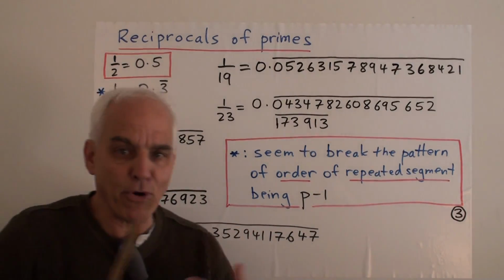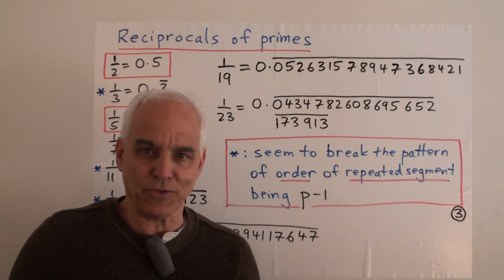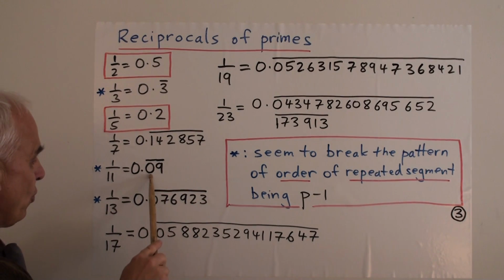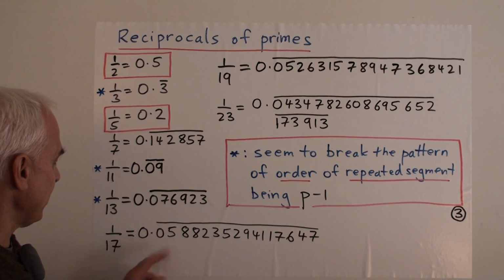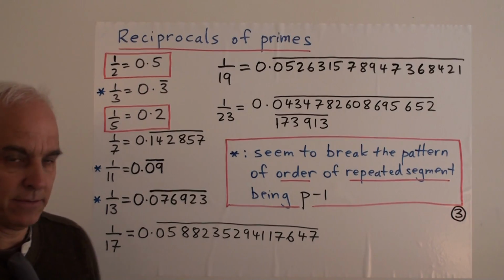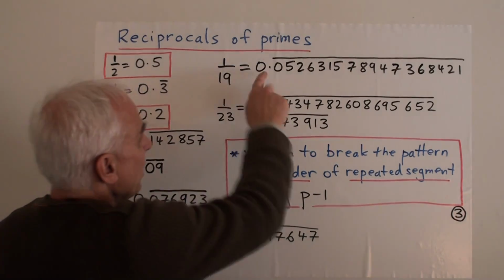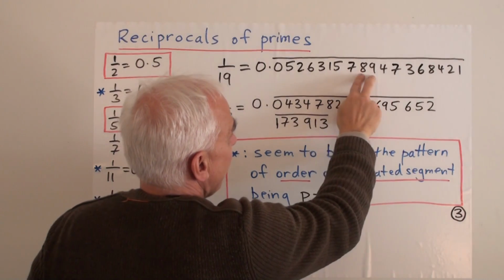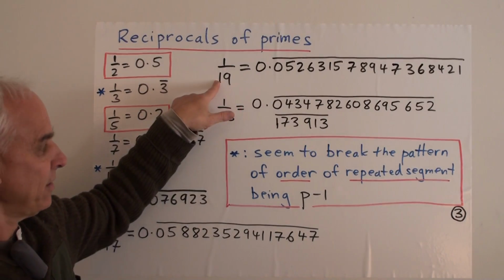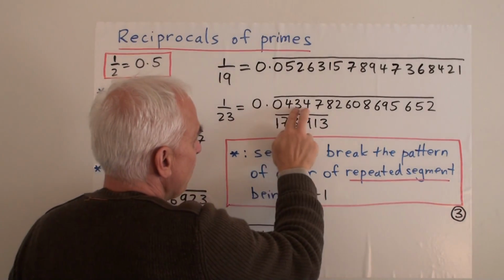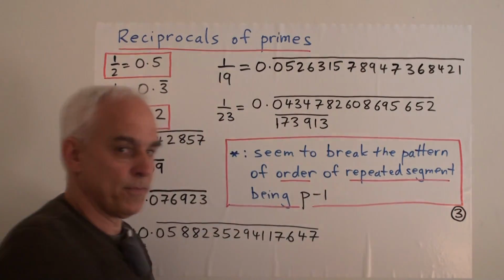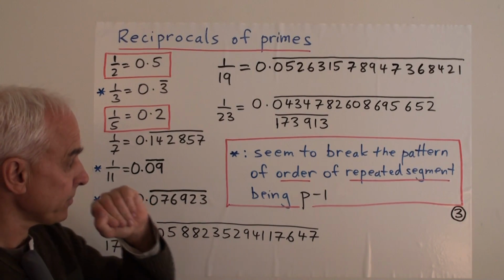Now if we count the number in these cycles, which is a very natural thing to do, well, here there's a cycle of length 6, here of length 2, here's another one of length 6. This one is 2, 4, 6, 8, 10, 12, 14, 16. Length 16. This one here is length 2, 4, 6, 8, 10, 12, 14, 16, 18. It's also one less than 19. And what about this one? The length is 2, 4, 6, 8, 10, 12, 14, 16, 18, 20, 22. Again, one less than this.